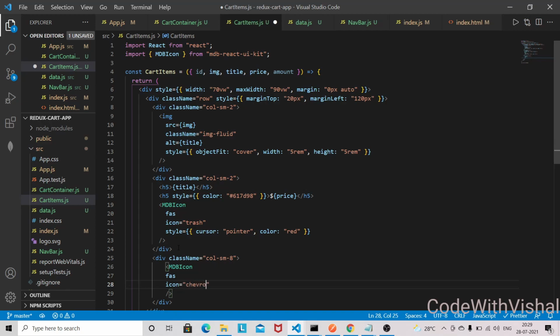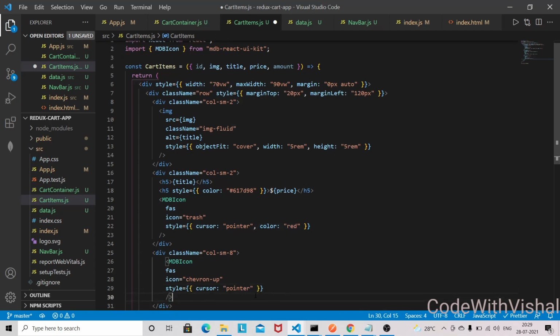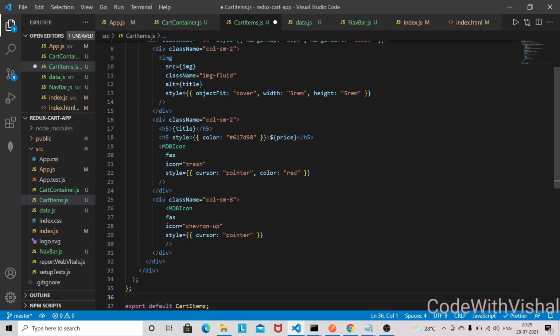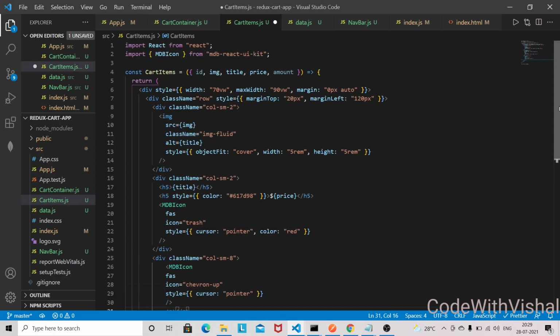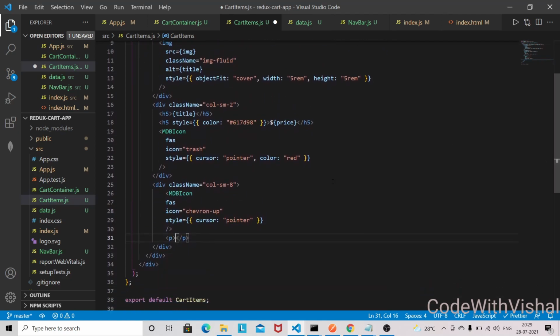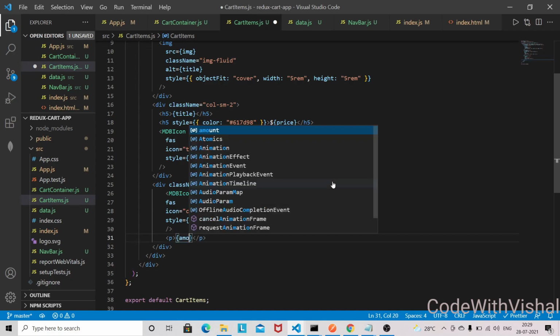So chevron up, and we'll have this style as well. So we don't need this color, only the cursor pointer is enough, and inside that we'll have one p tag, so it will display how many of this item you have added into the cart. So here we are going to use that amount part, so how many of this product we have in the cart, I'm going to use that amount here.